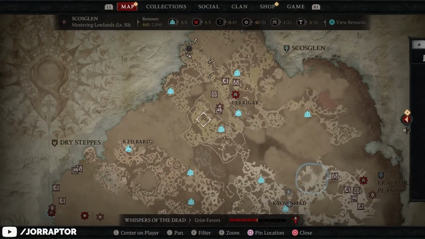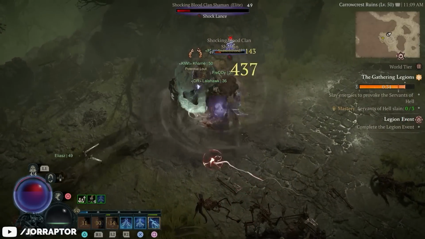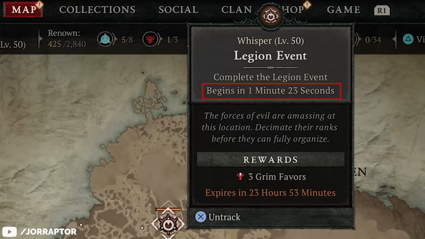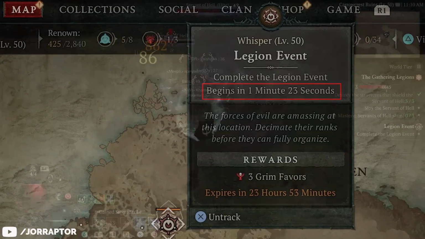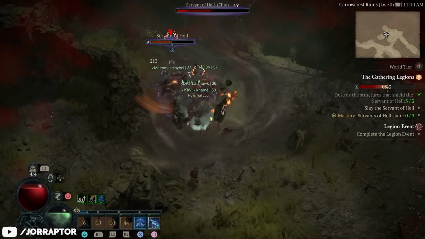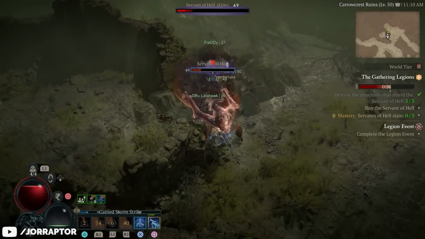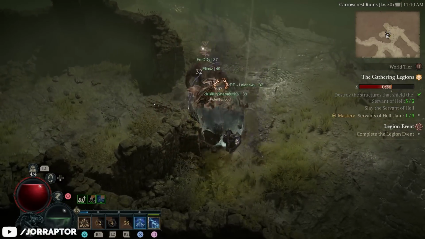And if you want some extra XP and loot, you want to keep an eye on the map for these Legion events that you will see thanks to these markers on the map. They will have a timer, so always go there when you see them pop up, or they will disappear again. These events will attract a lot of players, and like I said, give you a ton of XP and some great loot as well, although that kind of depends on how well you did as a group during the first